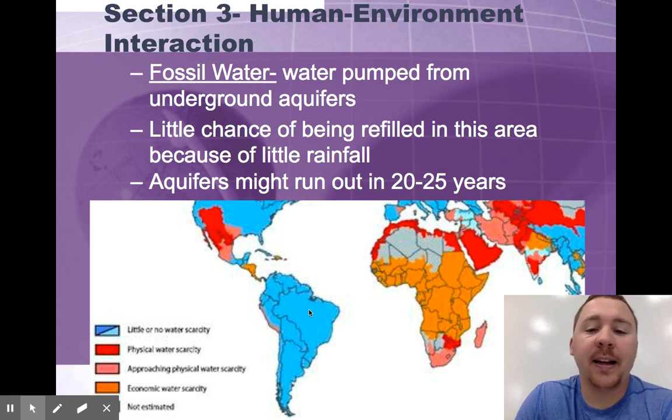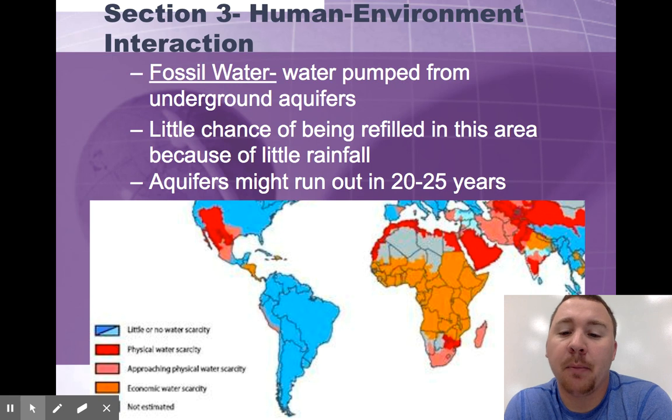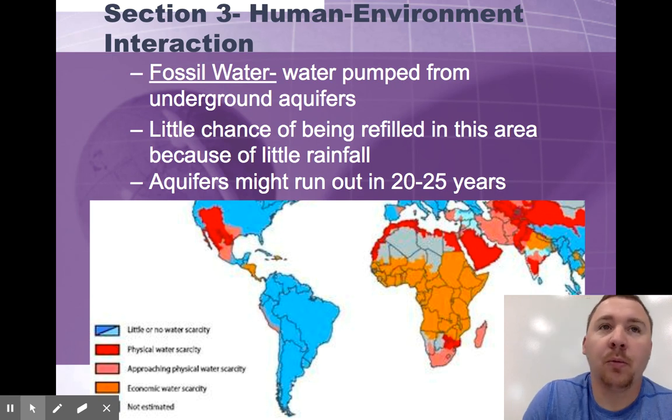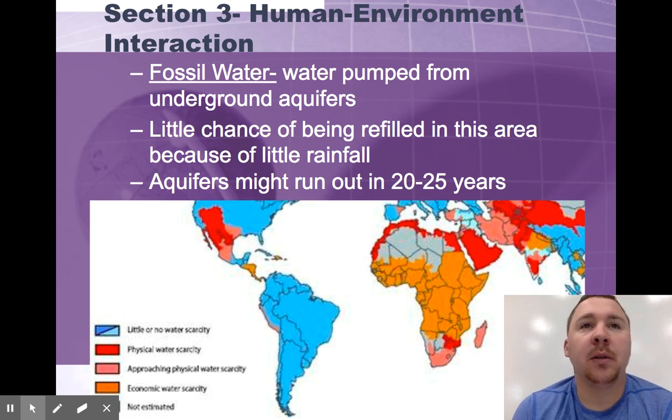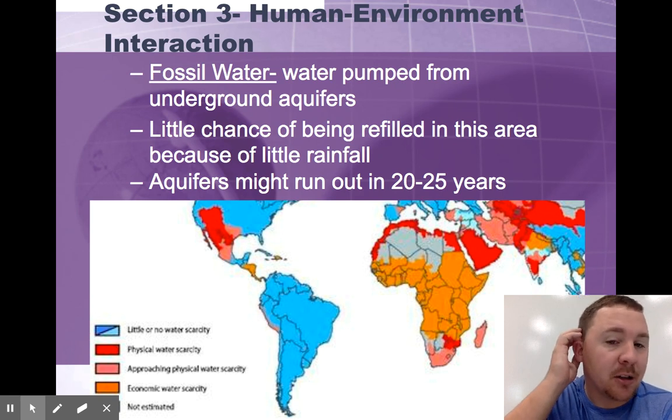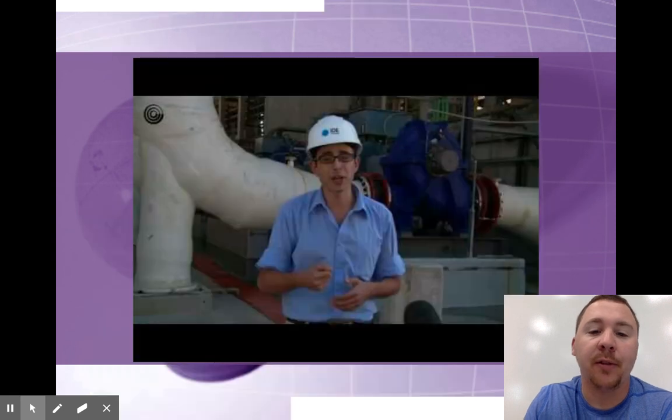And then the other way is fossil water. Fossil water is the water that's in aquifers. The problem with that is aquifers are usually refilled with rainfall, and as we saw earlier when we talked about climate, they don't get much rain in a lot of these regions, so these aquifers are running out. You and I get water from aquifers sometimes, well, I guess we get it more from Lake Ray Hubbard up there, but wherever we get our water. Some people get it from aquifers, and especially the Middle East does, and those are all going to run out in probably 20 to 25 years.